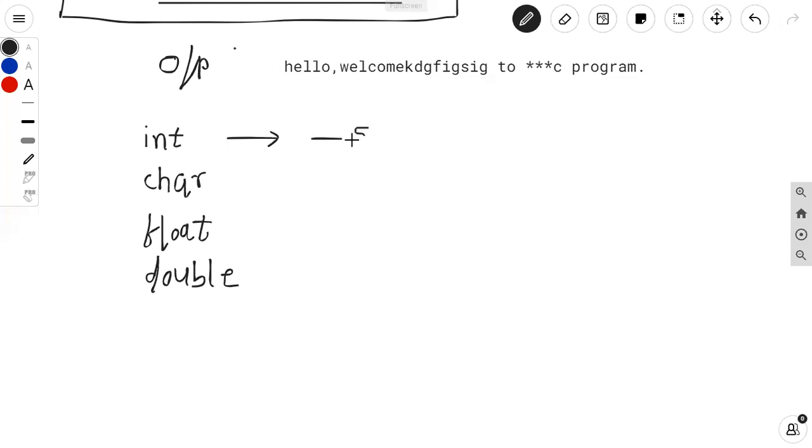Suppose -5 is integer number, 20 is integer number, 30 is also integer number, 1000 is integer number, 0 is also integer number, -314 is also integer number, etc. All the positive, negative and zero numbers are said to be an इंटिजर नंबर. ज्याच्यामध्ये डेसिमल पॉइंट किंवा पॉइंट नसतो अशा नंबरला म्हणतात इंटिजर नंबर.